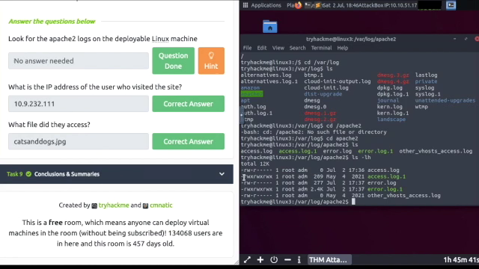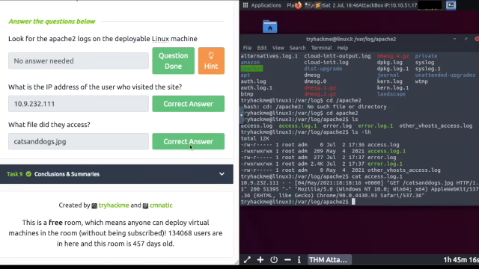Here we can see read, write, execute in the green highlighted access.log.1. So if I cat out access.log.1, which is this first green access.log.1 file,